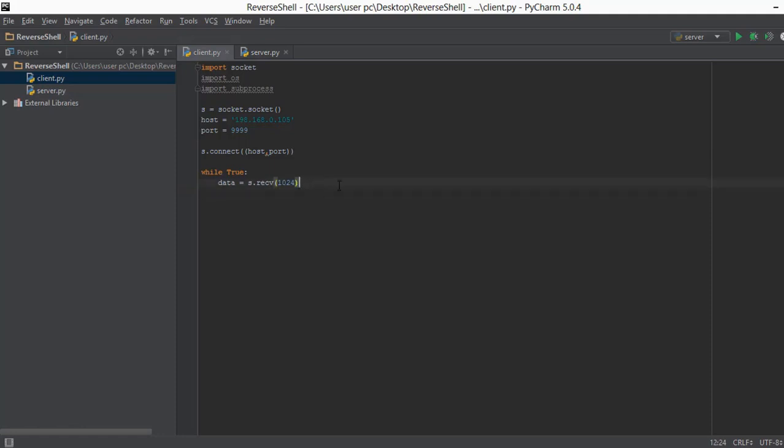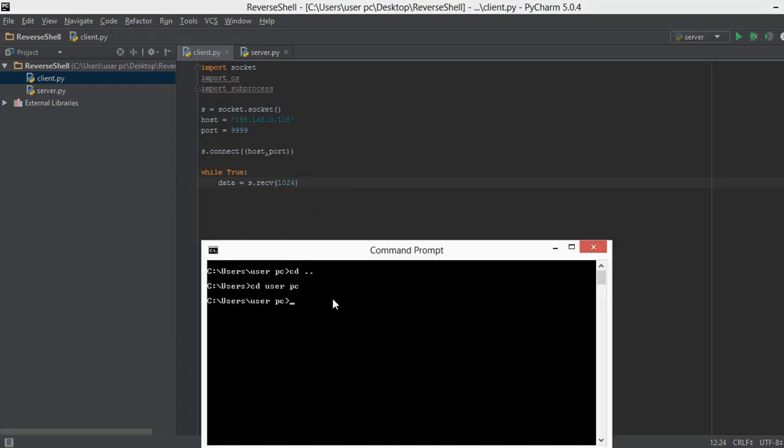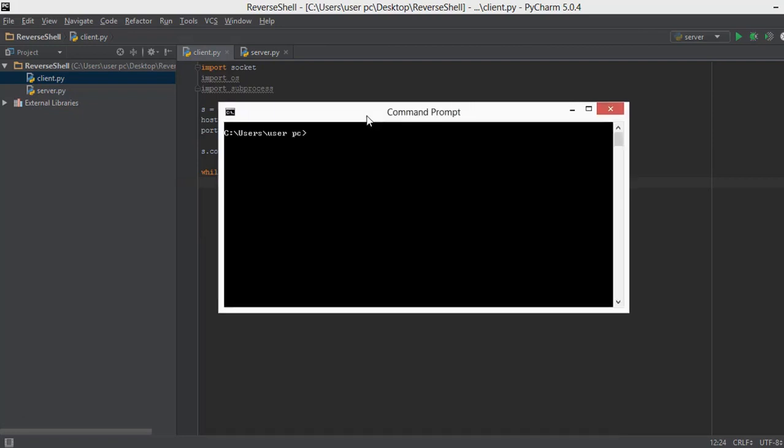Now that we have created the data, we are going to do some kind of data checks, which are important because, for example, let's say we open up a command prompt, and let me just clear the screen first, and we type in a command like echo hey, and it gives us an output of hey. But what if we type in a command like cd? It's not giving us any output. cd basically stands for change directory,